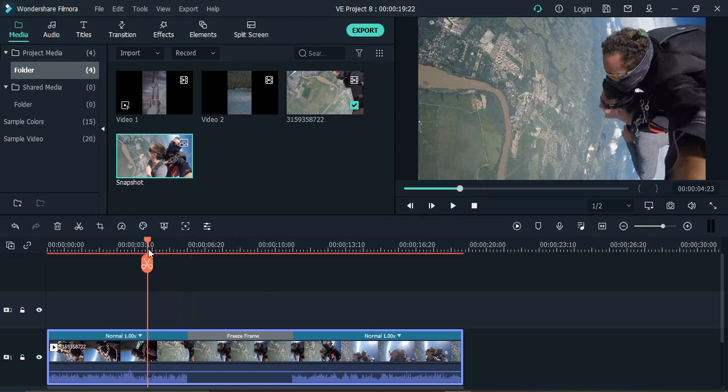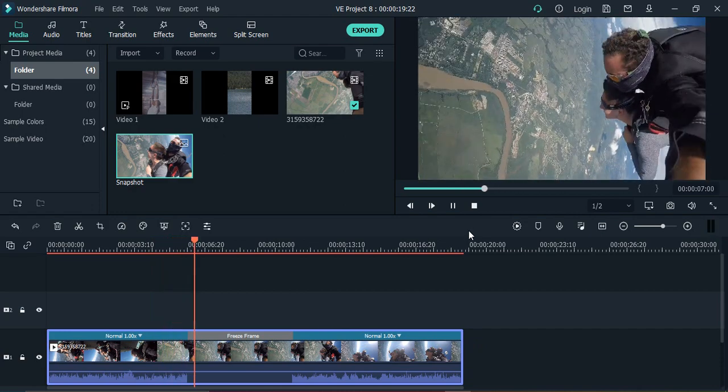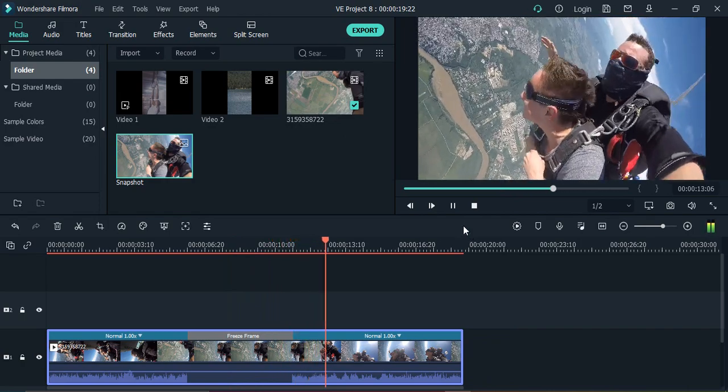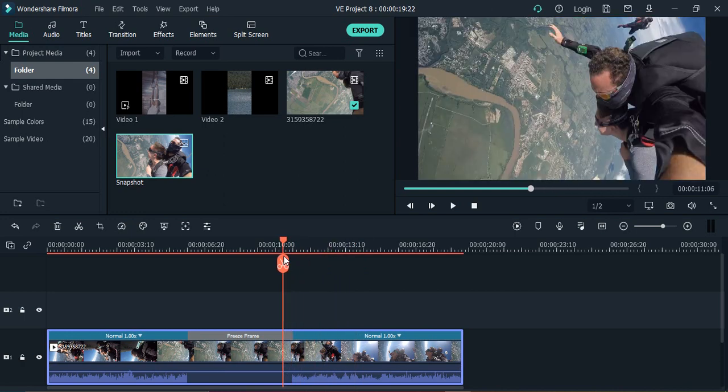Now if we just play the video by dragging it a little bit backwards, then this is what you see. For this much amount of time the frame is frozen. Then the video again starts to play normally. Now there are two things that you might notice over here. The first thing is that the audio is not playing during that portion of the video when the frame is frozen. And the second thing, if I just drag it over here,